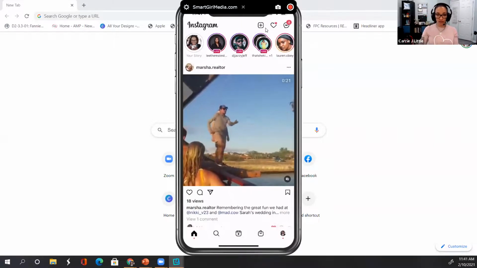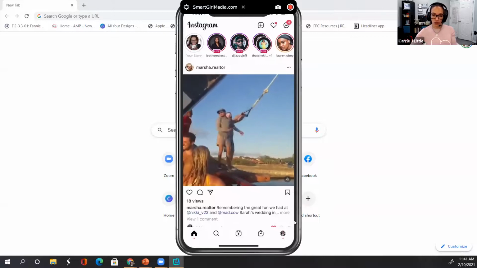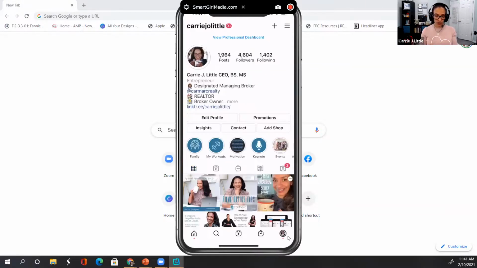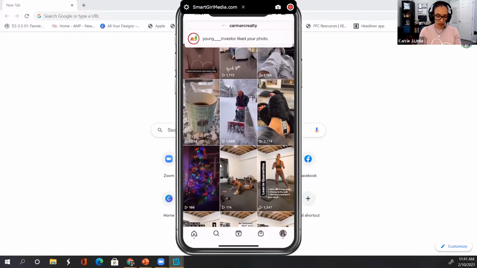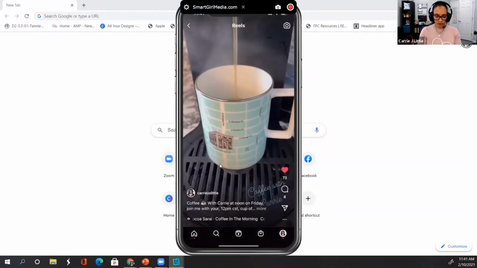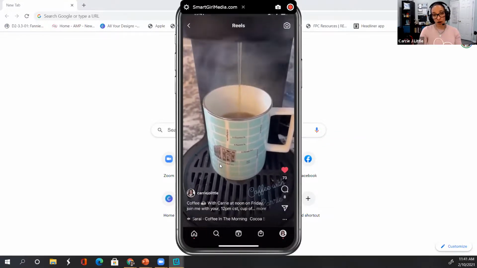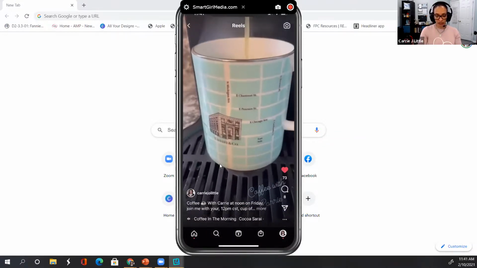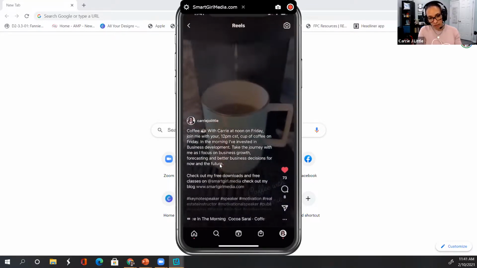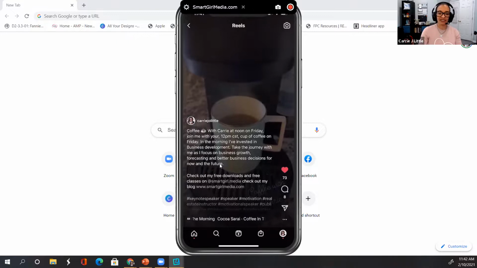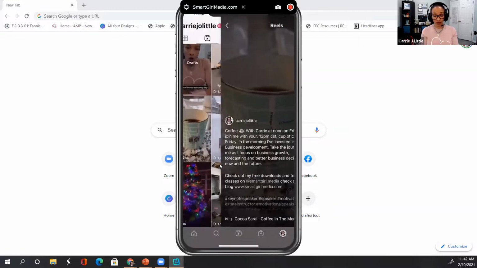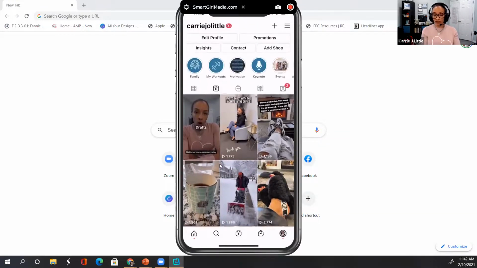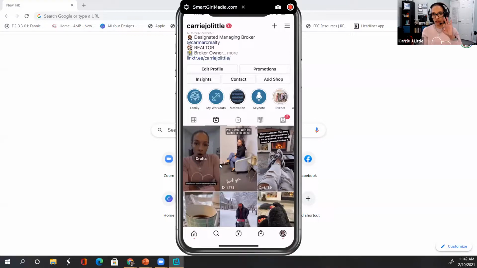So then if I click on my photo in the bottom right-hand corner, you won't see this post, but I'll show you my Reels so you get an idea of what it looks like. So you can see these were my Reels. And I'll play this one so you can see what this was literally just me pouring coffee because I do coffee with Carrie every Friday. And I was telling everyone to join me. So I had music playing in the background and I was videotaping my coffee cup. And as crazy as this is, I had 8 people comment because it's all about my Friday Live. So Reels is a great way to get found and it's only 30 seconds.